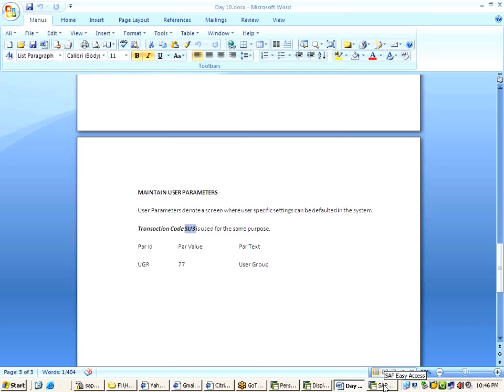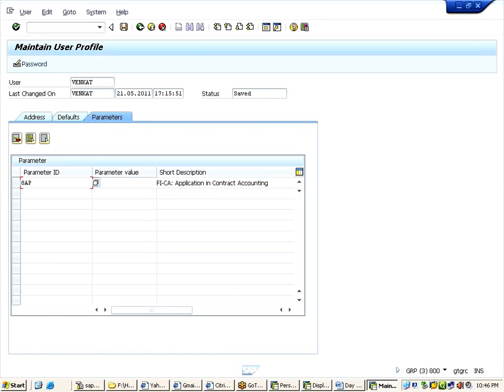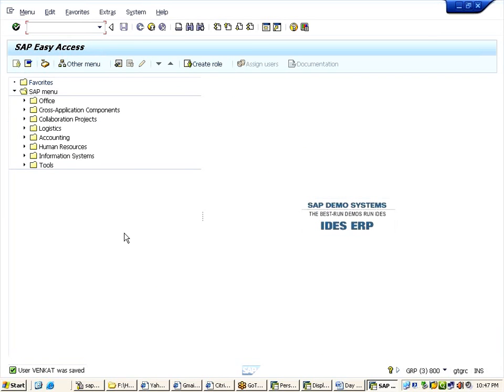Now the configuration is completed. If I go to PA40, how many actions should I see? 2 actions. See now. PA40. See, I have got my hiring action transferred. Earlier in the same PA40 screen before configuration, you have seen these many actions. Now after configuration, only 2 actions. So like this guys, you can create your actions. Understood?